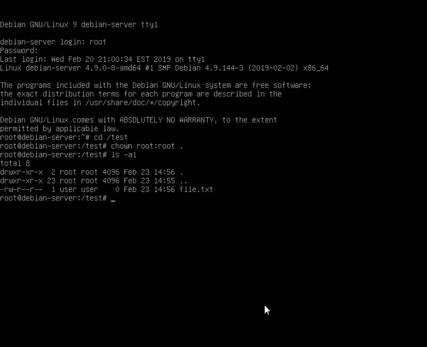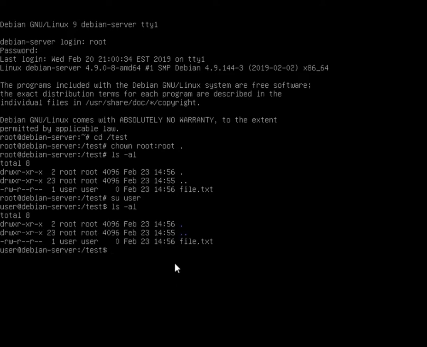And done. Now I'm going to use the su command, and then if you specify a user account after it, you become that user. And because I'm switching into the user account from root, you never have to enter a password for that username. Okay, so